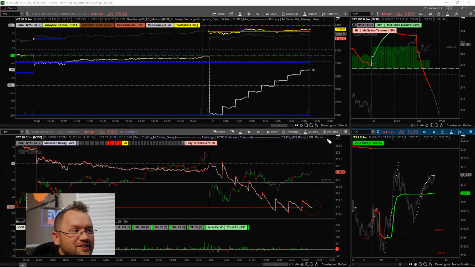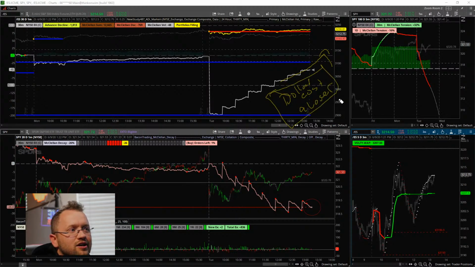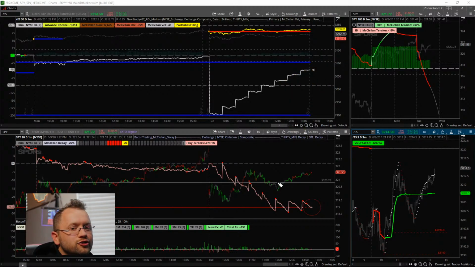Your only option, and this is the wrong option, don't choose it, is to wait for this to happen, which is stupid. That would mean you're going to try and dollar cost average a loser, which is the wrong play. Don't do that. You need to dollar cost average your winners. I don't see a reason to short.